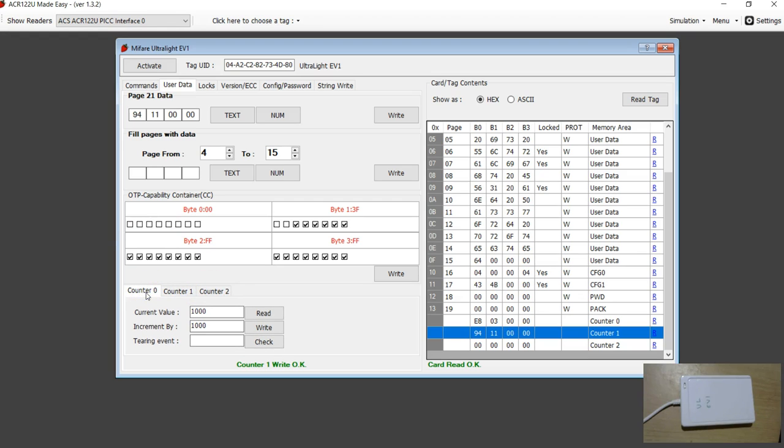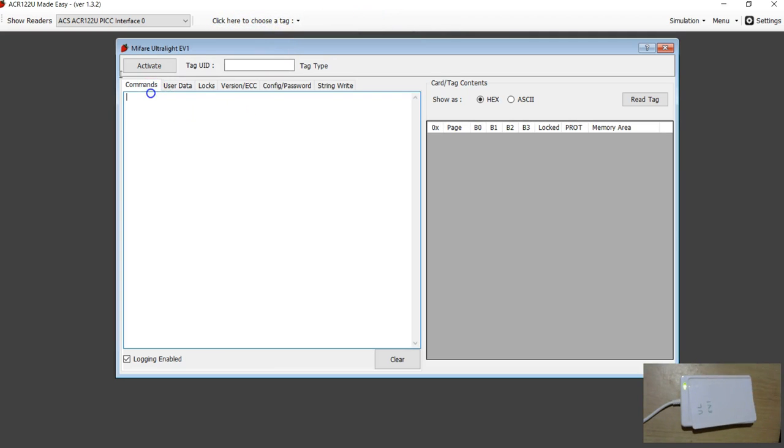Now we are going to see what exactly is happening behind the screen when we start read and write. I'm going to reactivate the tag. Probably I can start this again. Here in the commands tab, you're going to see what's happening, and this is probably useful for the students or the software developers or those of you who are interested in programming this ACR122. So when I click on activate,